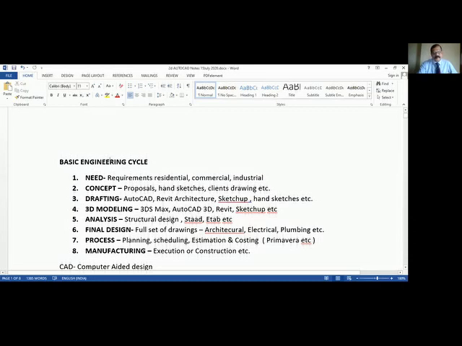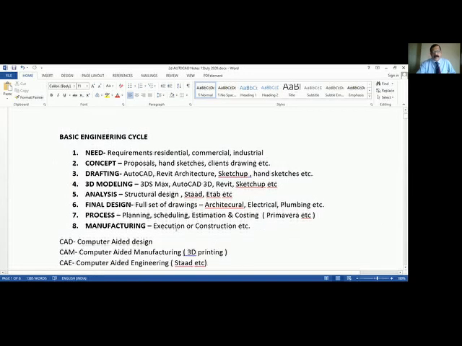Okay, fifth step. When that is finished, you analyze the drawing. Analyze and prepare the structural drawing. Once you finish the basic plan, plan, section, everything, then you will give it to the structural engineer. He will design how much steel is required, what should be the depth of the beam, what should be the depth of the slab, and all of the things. He will design everything. Then after that, you will make the final drawings. You will prepare the final set of drawings: all the architectural, electrical, plumbing and structural drawings will create the final design. And after that, when the drawings are finished, then you will prepare planning.